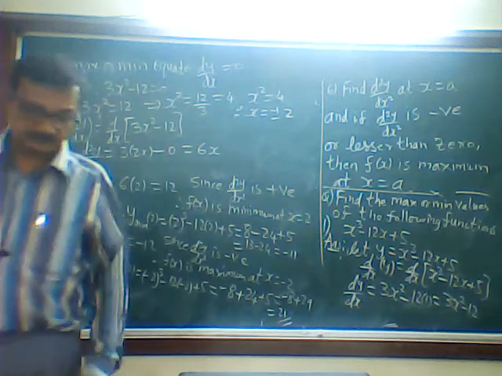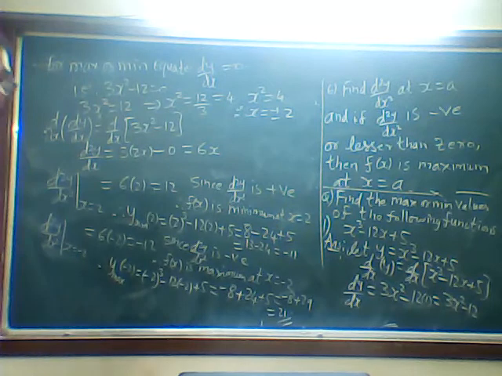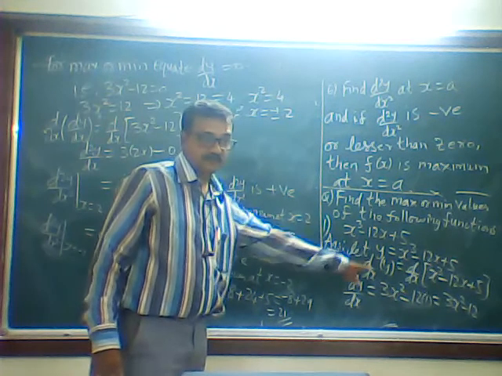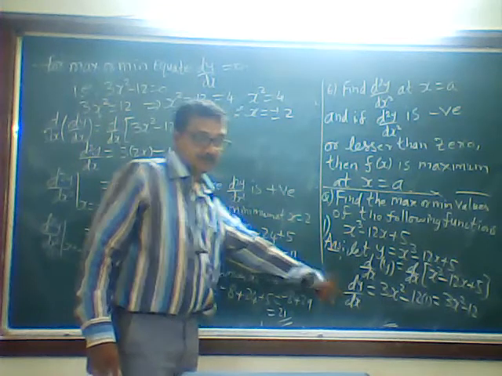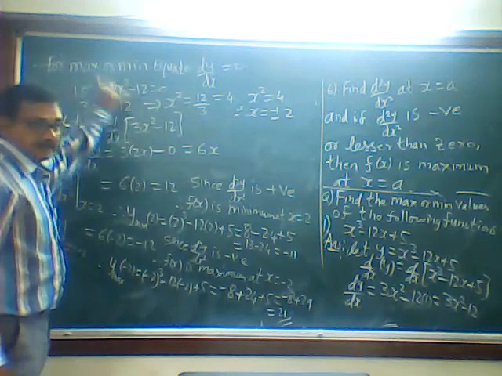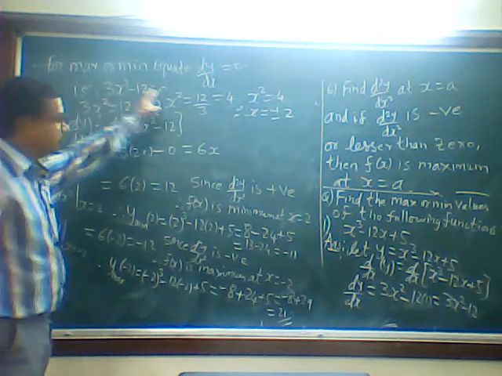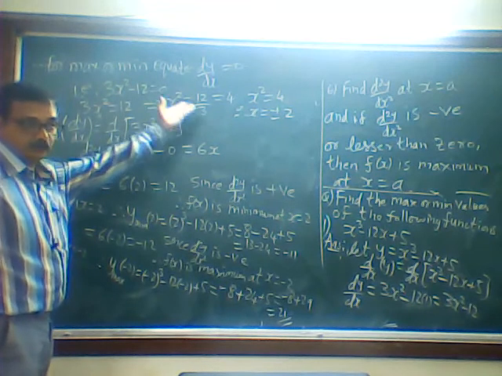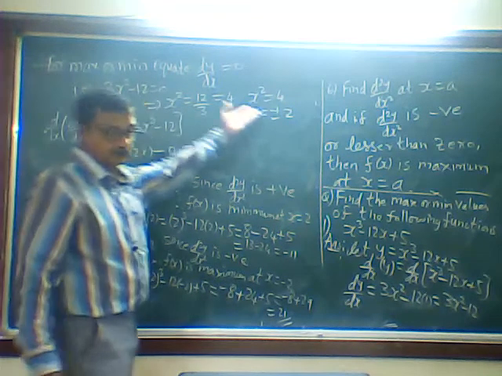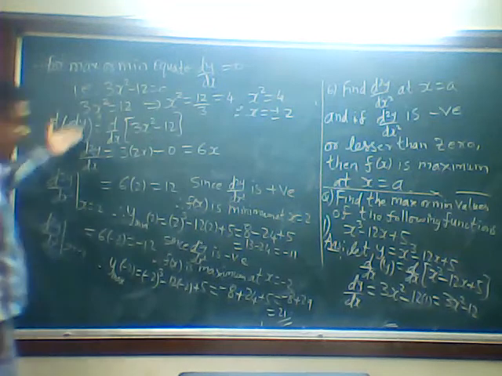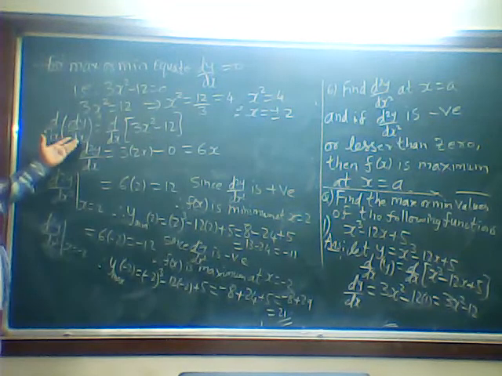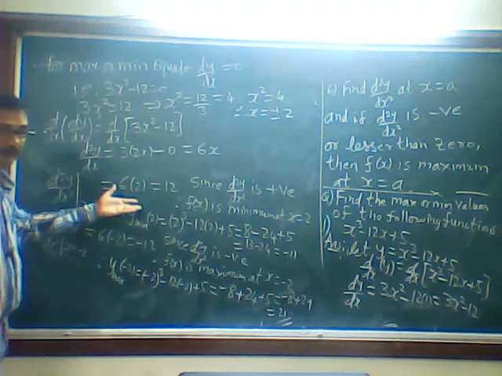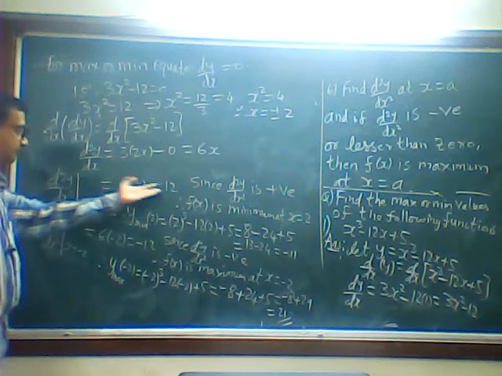Very easy. First, they will give the function, you write that y is equal to, then do dy by dx on both the sides, you get dy by dx. Then for maximum or minimum, equate dy by dx is equal to 0. You will get the x values, sometimes one value only, or you may get two values. So here I have got two values. Then do the second derivative. After getting the second derivative, put the x values one by one and check whether they are positive or negative. So I got here first time positive.